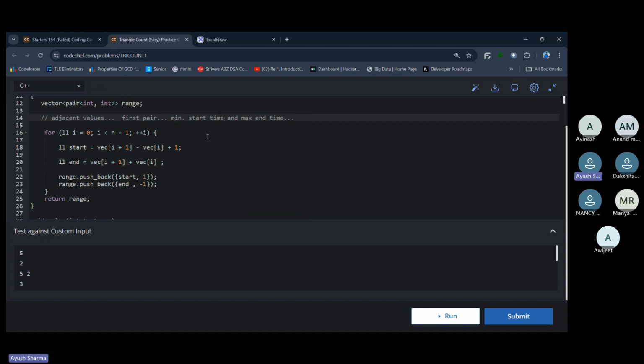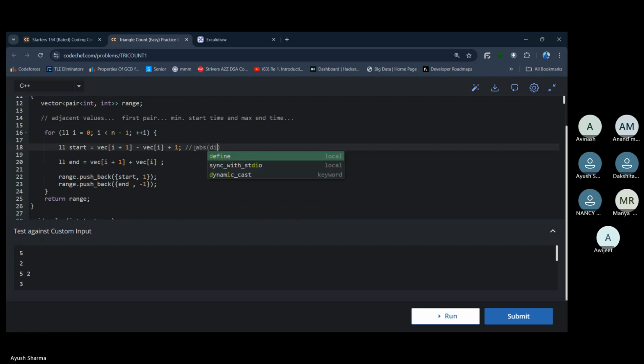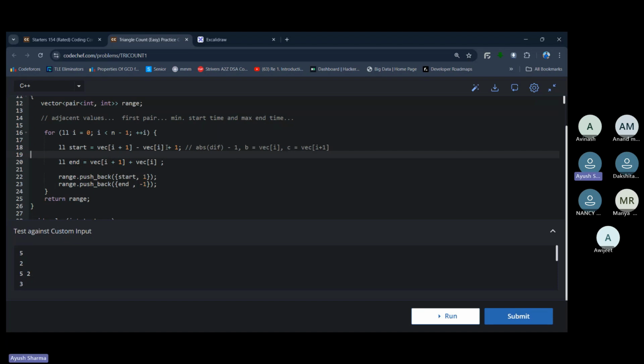So to mark the critical points, what I will do, start would be nothing but absolute difference -1, right? What are my absolute difference -1? तो मेरा b और c क्या है? b is vec of i and c is vec of i+1, ठीक है। तो since these are in sorted order, तो vec of i+1 greater होगा तो c - b + 1, ठीक है।